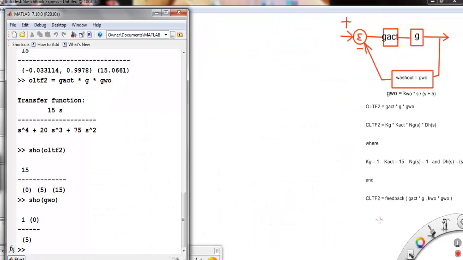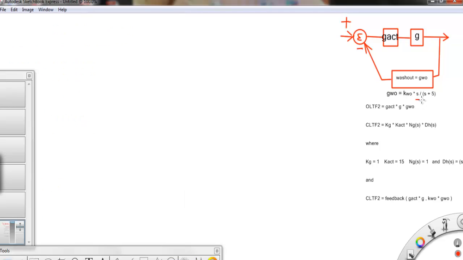Now for part 6C, we're going to put a washout circuit into this system, which is equal to S over S plus 5. It's going to have a washout gain, but initially that gain will be 1, because that's the gain that's going to be varied in the root locus program. In other words, we're going to vary the gain in the feedback path. So my second OLTF will be equal to the actuator times G